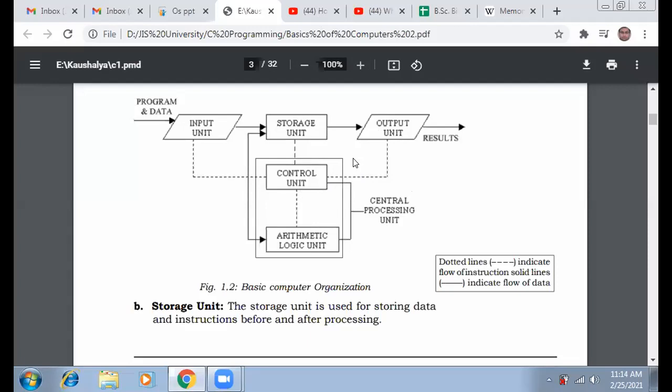Okay, very good. Now we are coming to the storage unit concept, which we started in the last class. The storage unit, as I already discussed in the last class, is generally divided into three types. One is primary storage, second is secondary storage, and third is tertiary storage. Mainly we are focusing on primary and secondary storage because they are directly part of the computer system. But tertiary storage is not a part of the computer system. It is an outside device.